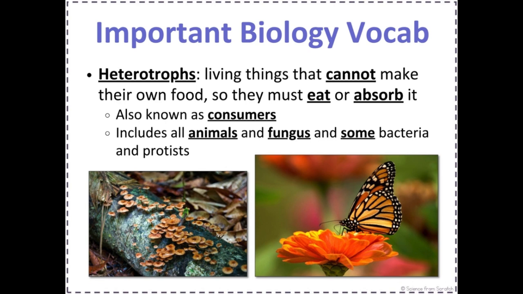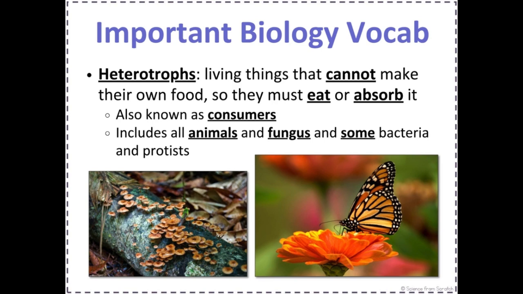And then on the opposite side, heterotrophs. So if you are an autotroph, you make your own food. If you're a heterotroph, you cannot make your own food and you need to eat or absorb it from somewhere else. So we have producers, which are autotrophs, and heterotrophs are what we call consumers. Okay, so all animals, fungi, and some bacteria and protists, they are heterotrophs, meaning that they need to go out